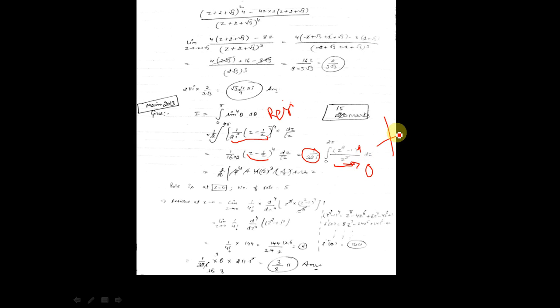We have made it from 0 to 2 pi. This implies that the radius of the circle is 1 unit and the pole which is located at 0 is lying inside the circle. When the pole is lying inside the circle, the residue will be contributed. So there will be a contribution of the pole which results in the residue, and how to calculate that residue we have studied in the same lecture and the previous lecture too. So just put the value of residue at z equals 0, limit z tends to 0, and this becomes 1